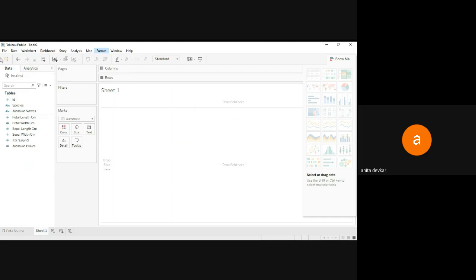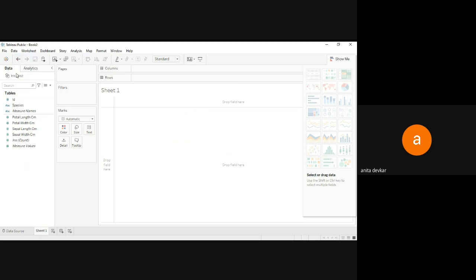At the bottom of this, you can see the toolbar section. In the toolbar section, the Tableau logo is there. After that, if you want to create new data sources, a new worksheet, or a duplicate sheet, this is the toolbar section you can see.